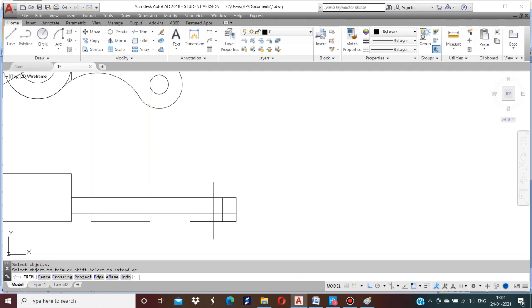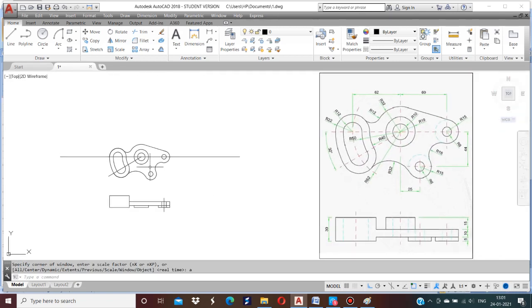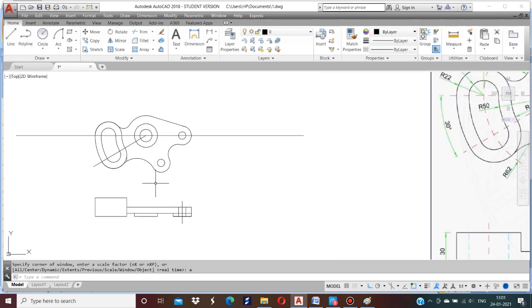Using the erase command, select this line. Here select this and erase. Okay. And insert. Okay, this side is okay.